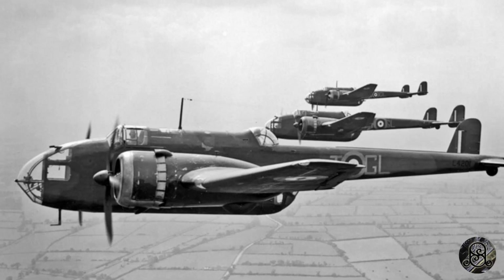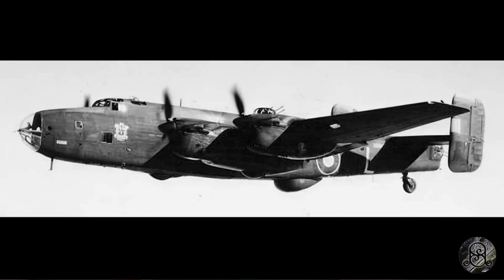The other aircraft was a much better aircraft. If you look at it, it resembles a B-25 a little bit, but it's much larger. It's a 4-engine aircraft, a bomber as well. They're kind of interesting. They have a lot of wood in them still. They're kind of that crossover period between what we consider a modern aircraft and